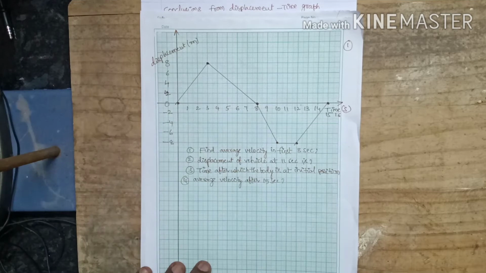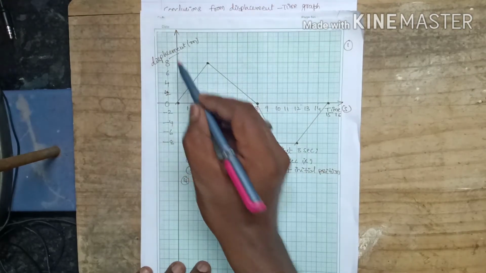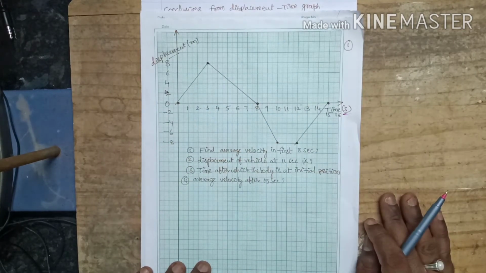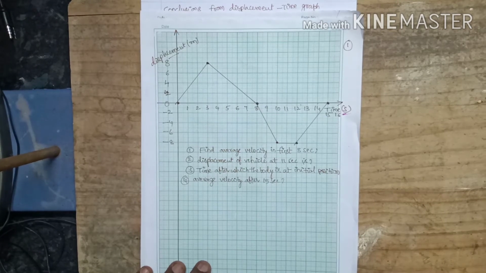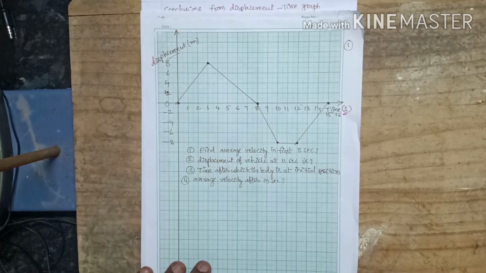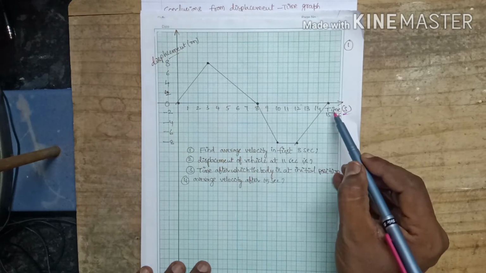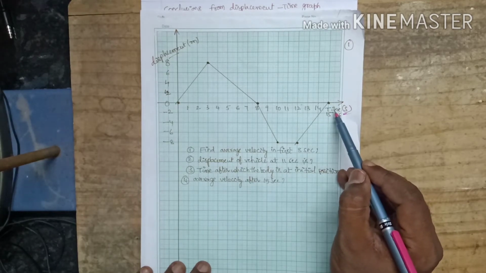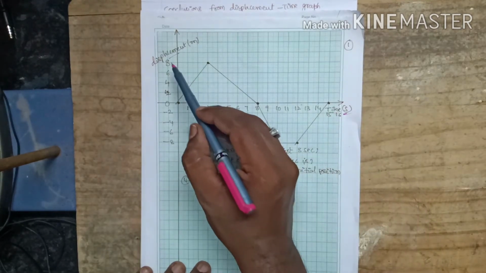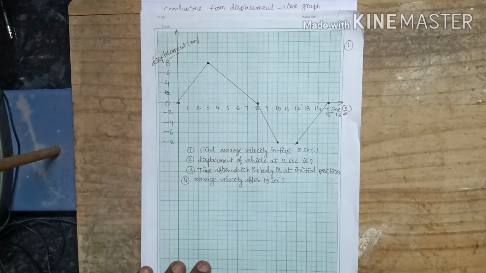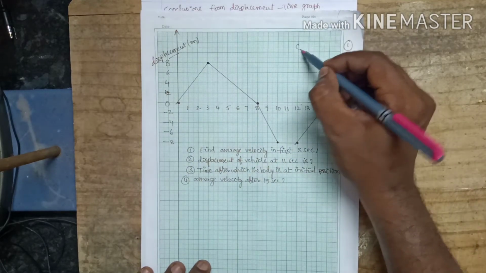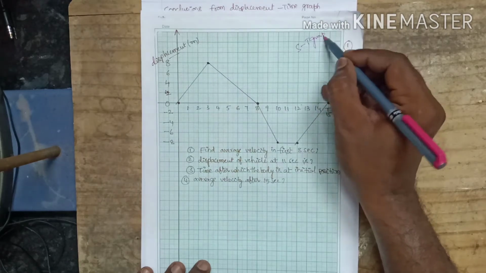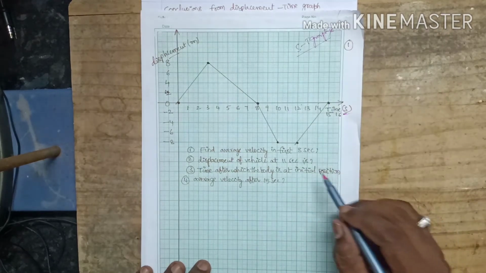Hi students, in this topic of motion, displacement time graphs in part 2. In part 1 we already discussed some of the basics. Time and displacement are variables. Time should be considered along the x-axis, and displacement should be considered along the y-axis while drawing the graphs. For that reason, these graphs are also called ST graphs, displacement time graphs.